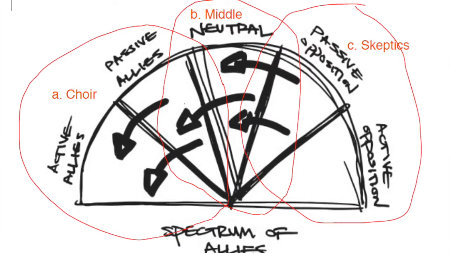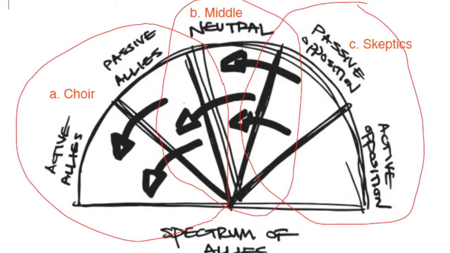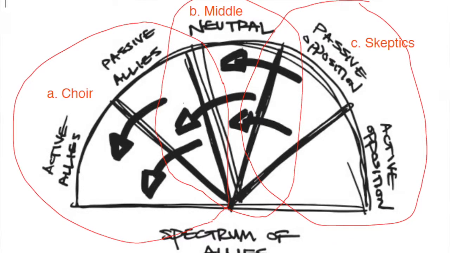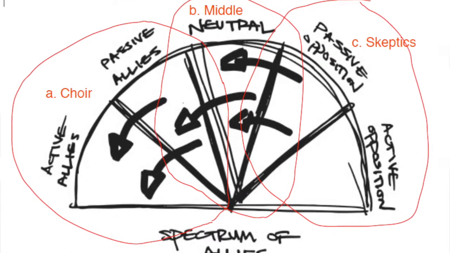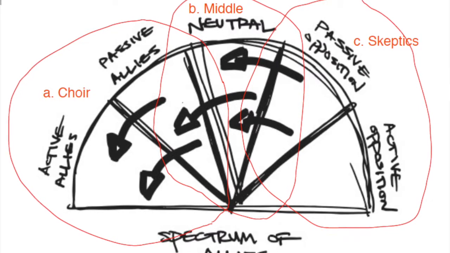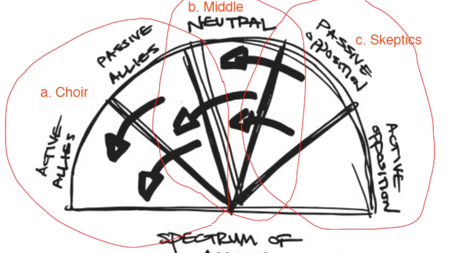For B, the middle groups, what we need are organizing messages that identify the pressing problem of our current healthcare system and win them over to the issues about an improved Medicare for all. And